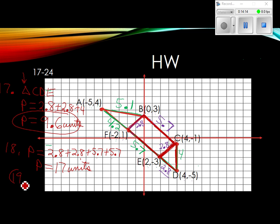Number 19. They want us to find the perimeter of triangle ABF. Triangle ABF. This triangle down here on the opposite end. That one right there. Well, to do that, we're just going to add up